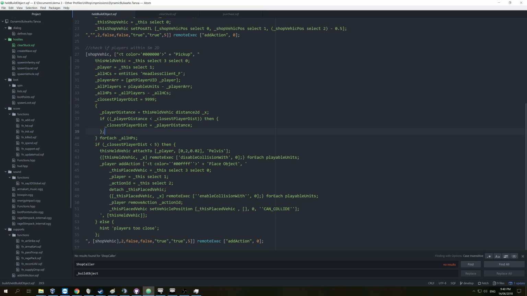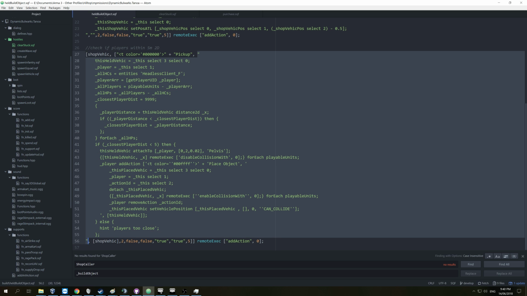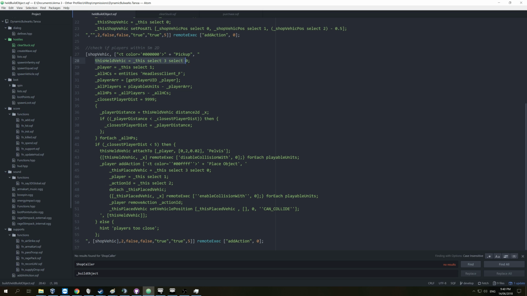I don't know if this actually works or not. As I mentioned, this runs a script in here, the script that all runs this add action statement. We're doing a whole bunch of stuff up here. We assign this held vehicle variable, but then we start getting all this stuff about player. Player equals this select one. Yeah, that's right. There's a bunch of variables here, but really what we're trying to do